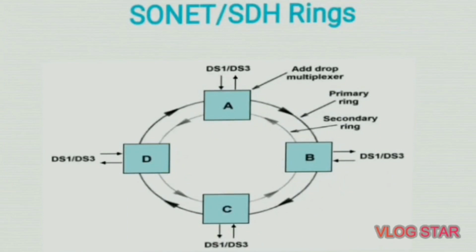Normally, one piece of fiber called the working ring handles all data traffic, but a second piece of fiber called the protection ring remains on standby should the working ring fail. So SONET includes the capability to automatically detect the failure and transfer control to the protection ring in a very short period of time, in a fraction of a second. For this reason, SONET can be described as a self-healing network technology.